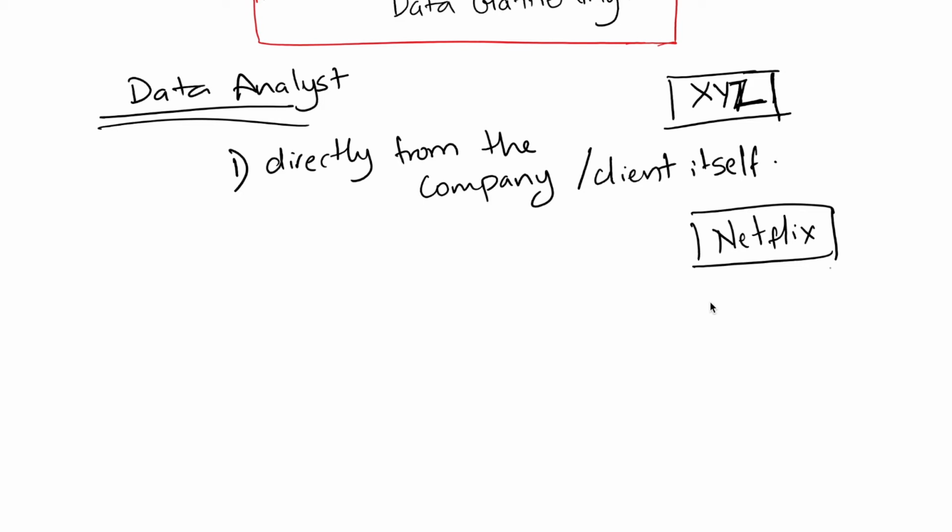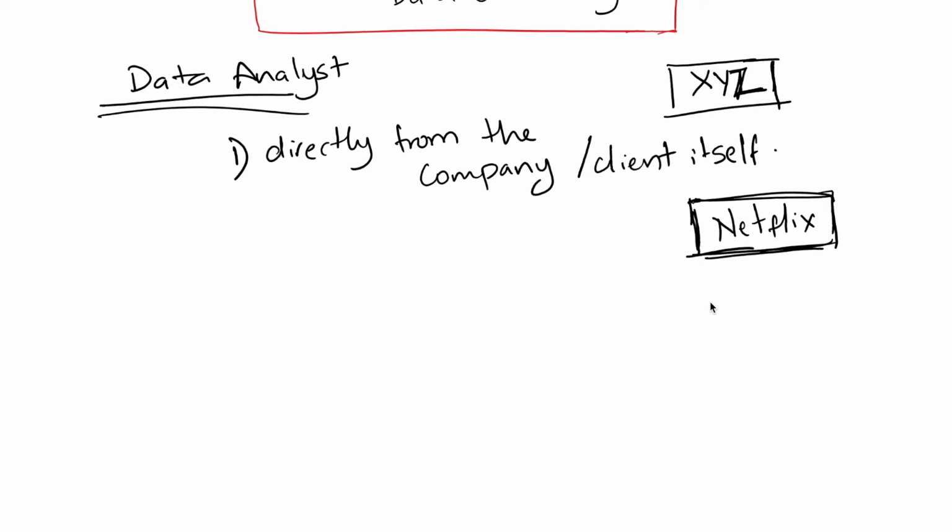Now, if you're working for Netflix, or if you have been appointed to solve a specific problem for Netflix, you would be wanting data. We all know that Netflix is a movie platform where people go and watch various sorts of movies, different genres, etc. As a data analyst working on a machine learning problem, one way to get data is to directly approach the company